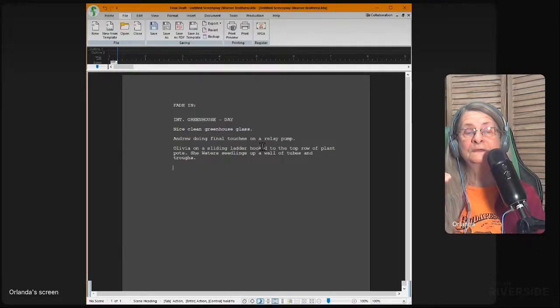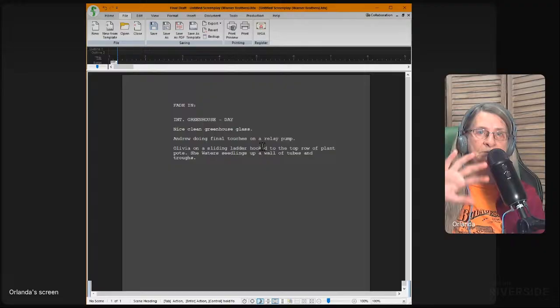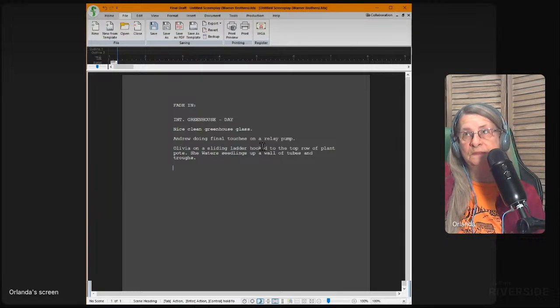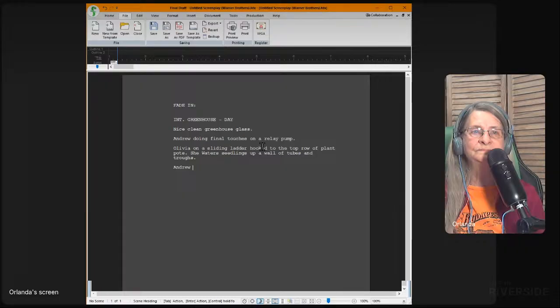So now you always have to divide and separate these pieces between literal different camera angles, because you're down here seeing what Dad is doing with the touches, and you're up here seeing what she is doing, and now we have to come back down to where Andrew is. Okay, so Andrew flicks the switch. And then, of course, up top,